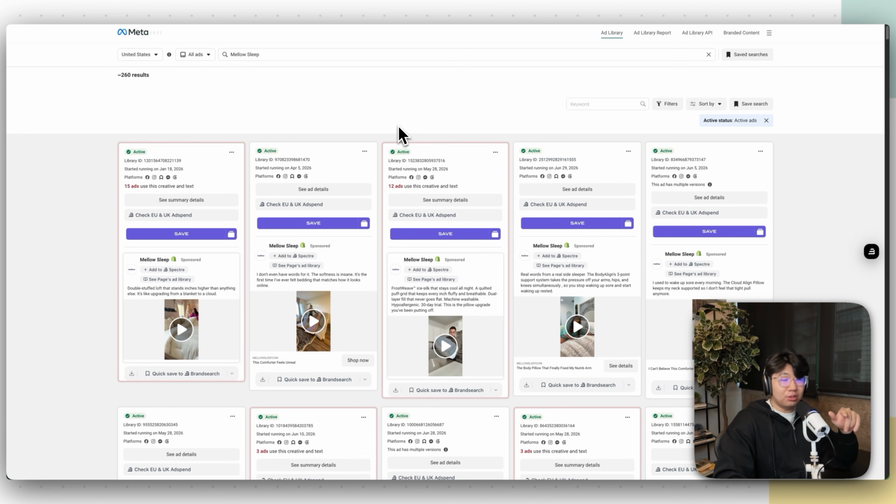So in order to start cloning viral UGC videos, we're going to have to find one first. Now, I am on Facebook Ads Library. If you want to go on TikTok or any other platform, it's completely up to you. But the reason why I use Facebook Ads Library is because not only does it actually show me all the ads for my competitor,